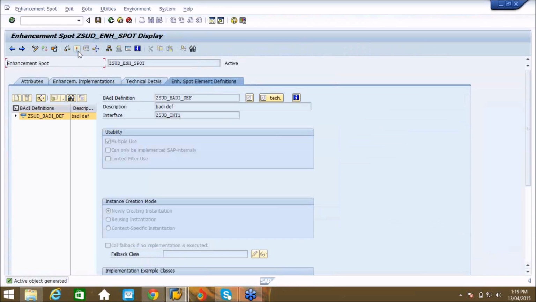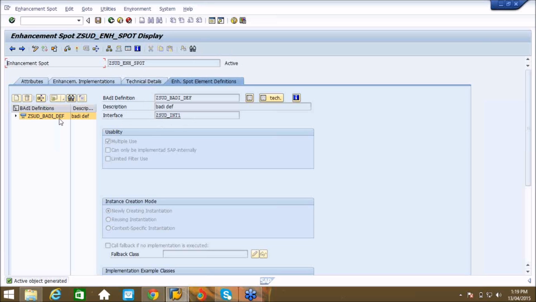So now we have created our own body definition, our own body implementation. If you want to create one more implementation for the same definition, again click on this button. You can create one more implementation for the same body definition. So this is how you can create your own body definition and your own implementation for this.